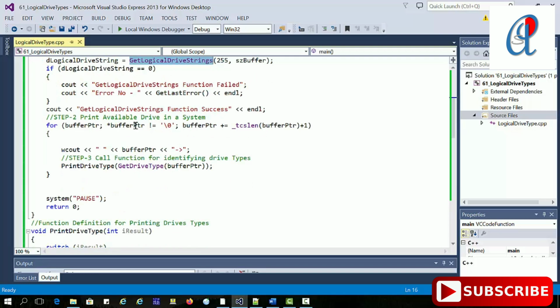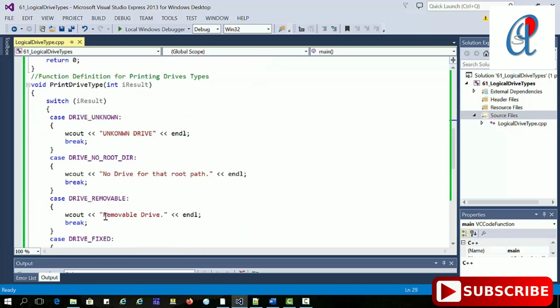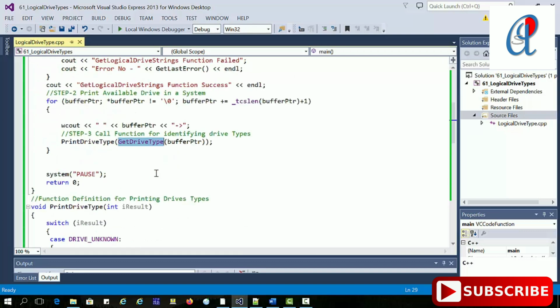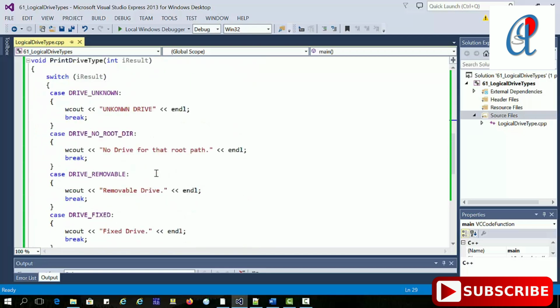Now we are printing the buffer pointer, so see, you have to use this star buffer pointer, then it will represent the string. Otherwise, if you are not writing it, it will give a runtime exception error. Now after printing the drive, we are passing that long pointer to constant string into the function GetDriveType, and then it returns some integer values, and based on this integer value it will identify the type of the drive, right? So this one is the complete function.